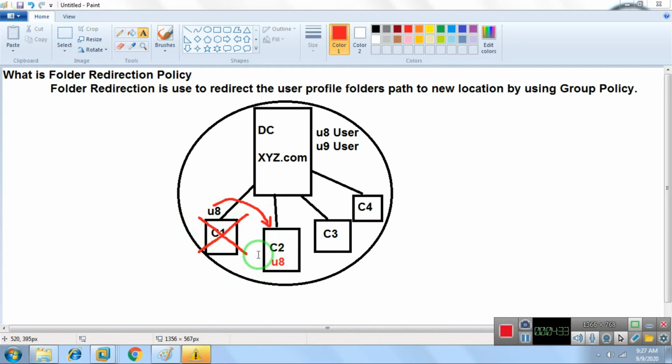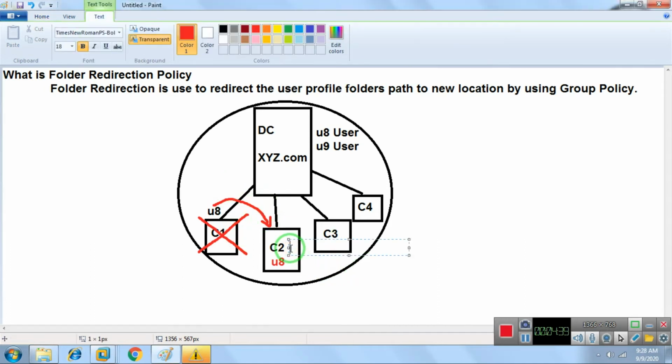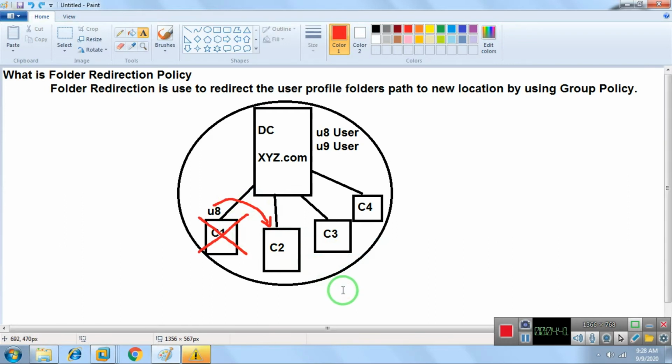So what I want is that whenever a user logs in anywhere, whether on client 1, client 2, client 3 or client 4, their Documents folders are saved in one centralized location.